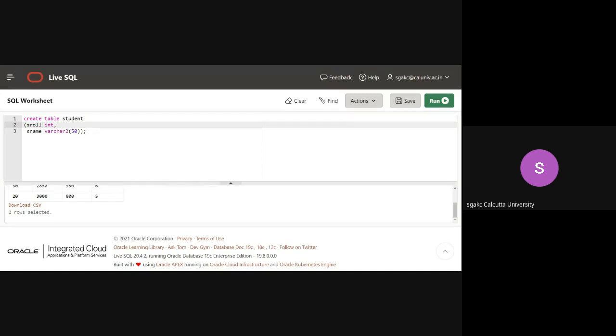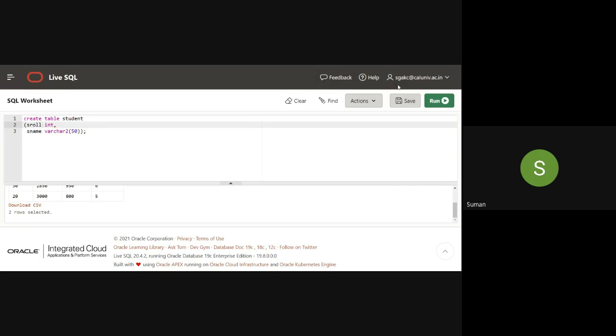One is numerical kind, where you can use int. Of course you can use numeric also, because you may have some decimal points. If you want to store some price, that may not be an integer, so you use float, and that is called numeric here. I'll come to that numeric part later. And if you want to store something like a string, there are two options: one is character and the other is varchar. Again I will go into the technical details, the difference between character and varchar, later, but I think you have understood the syntax of create table.